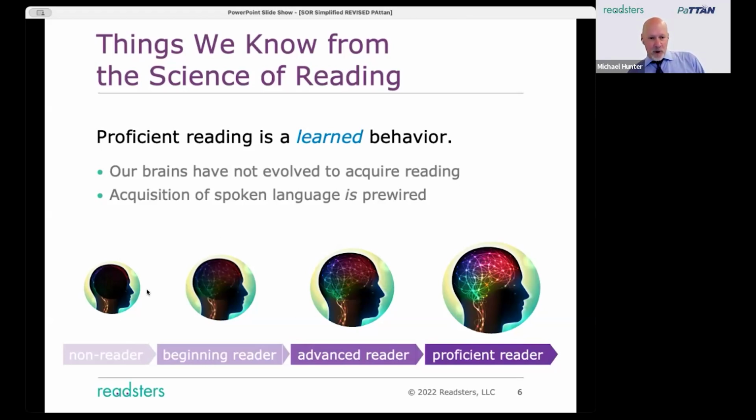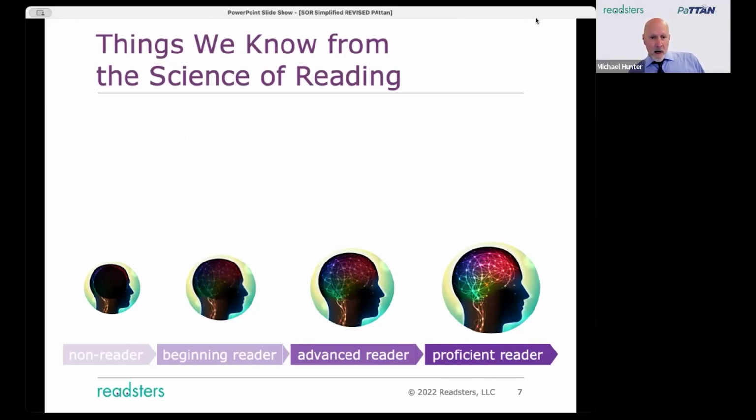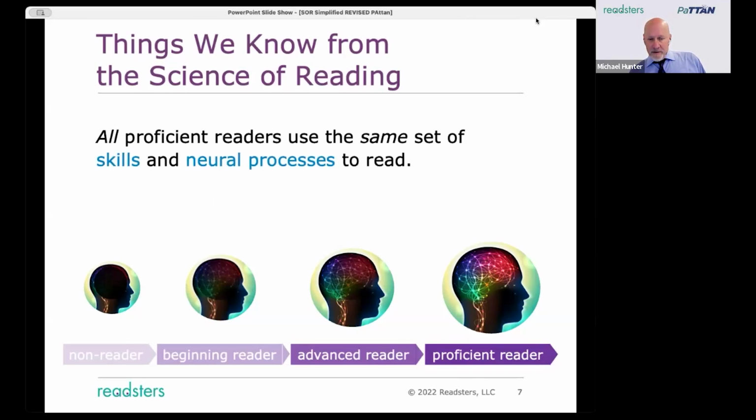So we're going to look at this progression from non-reader to proficient reader and start to think about some of the steps along the way, how to organize the whole concept of learning to read around some visual images. Here we go. So another thing we know from the science of reading is that all proficient readers,